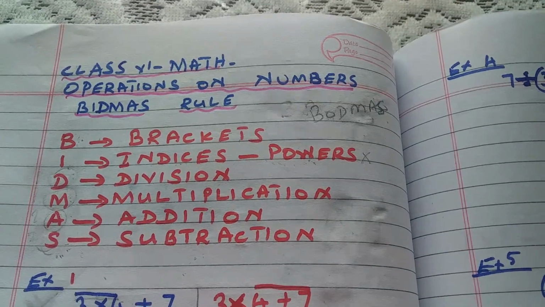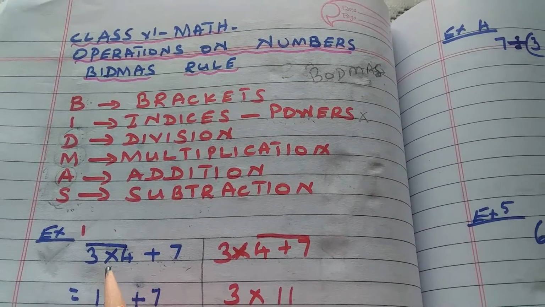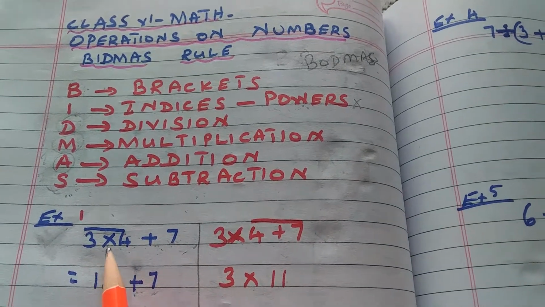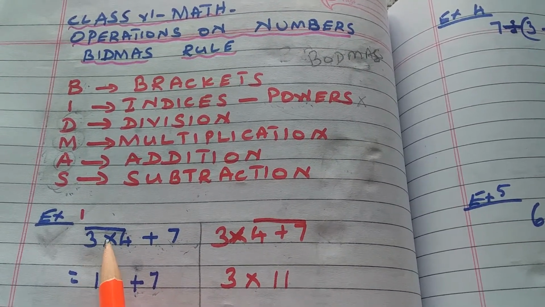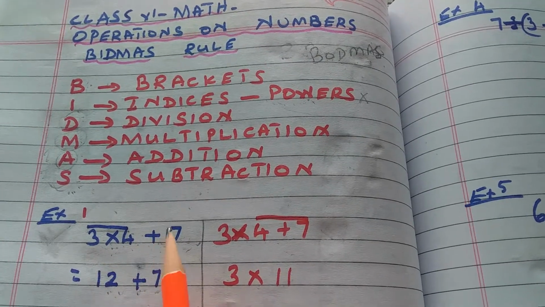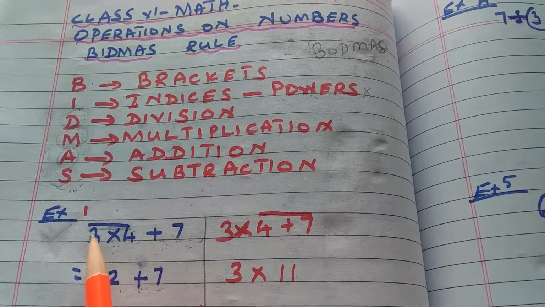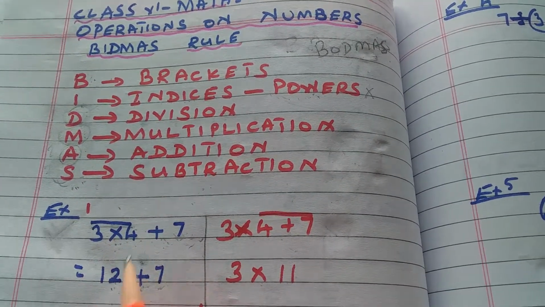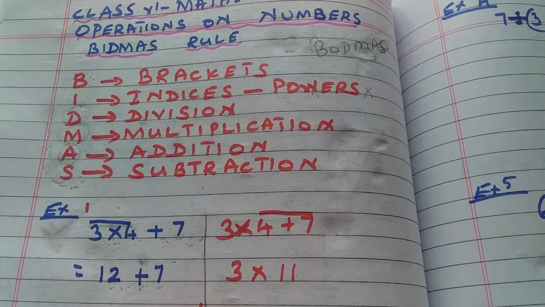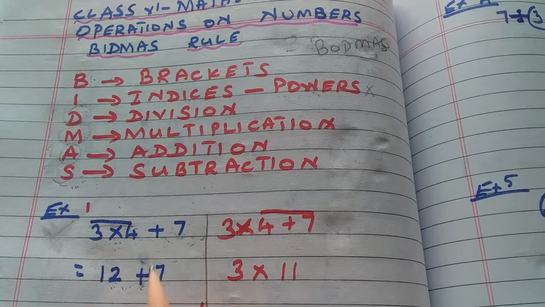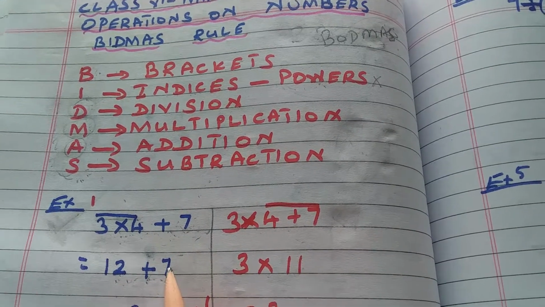So we'll see an example of how to follow this rule. For example, suppose you have a sum like this: 3 into 4 plus 7. What do we do? Normally we just move from left to right. Whatever operation is there first, we will do it first, and the second operation second. Okay, we follow the same procedure. First we'll multiply 3 into 4. 3 fours are 12, plus 7. So in this, after one step, the 2 operations reduce into one operation, and 3 numbers become just 2 numbers. Now 12 plus 7 is easy to add.